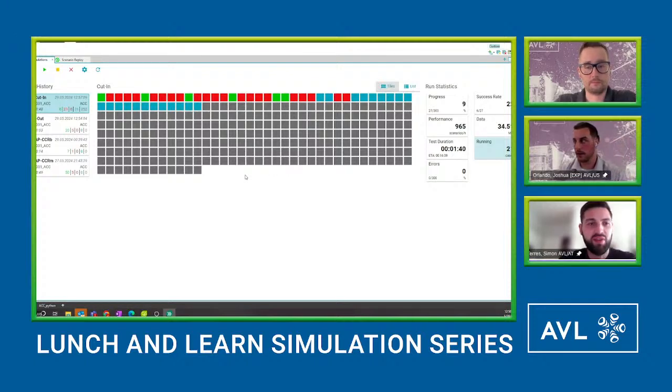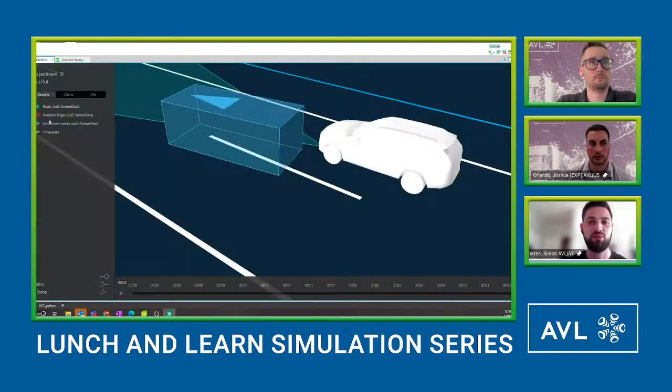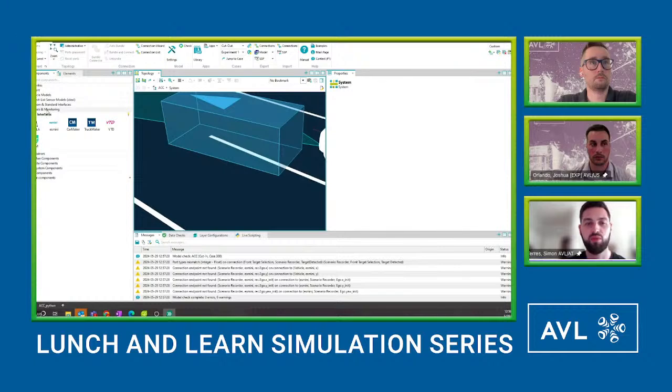Yeah, thanks for this cool demo. I think you really showed the important parts of the tool. Looking at the questions from the webinar in the morning, it was mainly about which interface options we have to integrate the ADAS software. So what we saw today was a functional mockup unit, basically a compiled Simulink model. The benefit when you compile it is that it runs faster and also doesn't need the execution license.